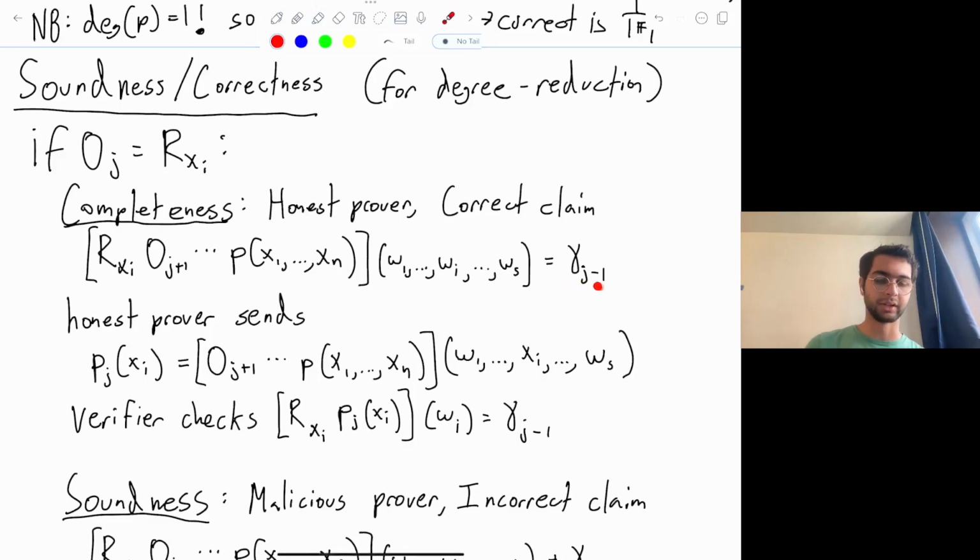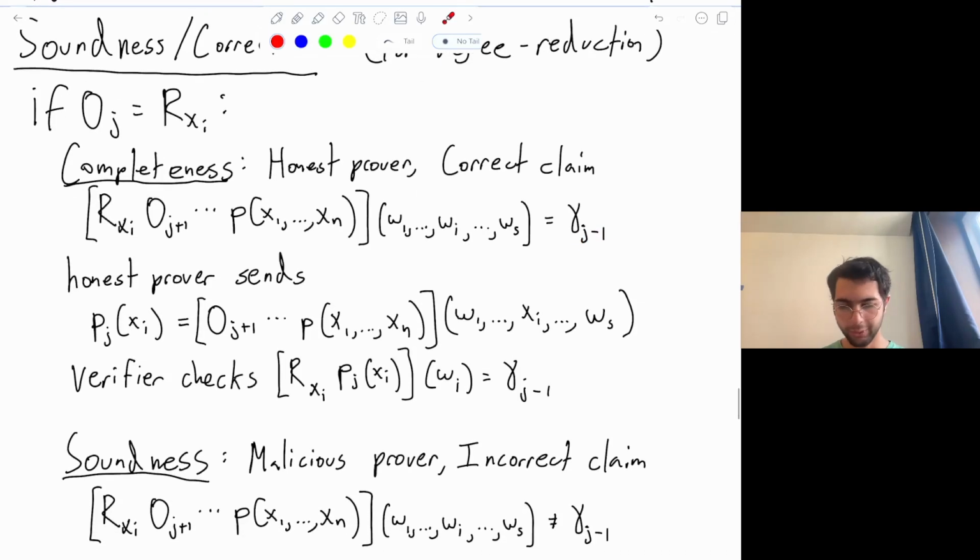And the claim is that it's equal to some field element, gamma j minus 1. So the honest prover, as above, just sends this pj polynomial that is exactly equal to this polynomial evaluated up to the j+1th operator, and with xi substituted in here instead of wi. The verifier checks that if we reduce the degree of that polynomial and then plug in wi, we get our